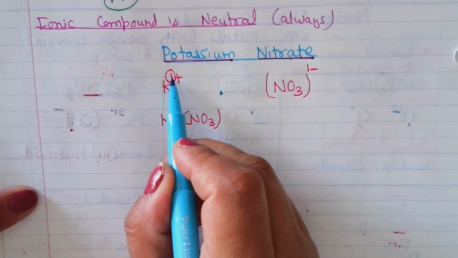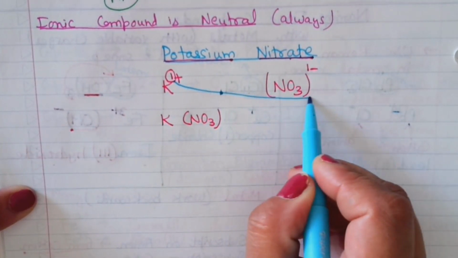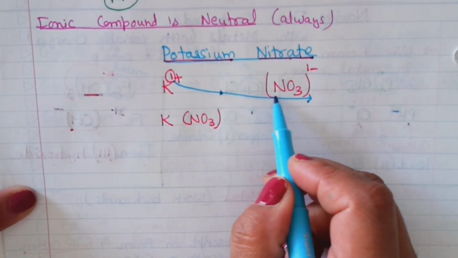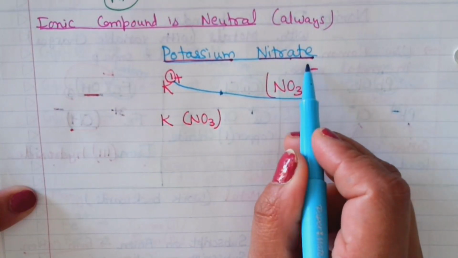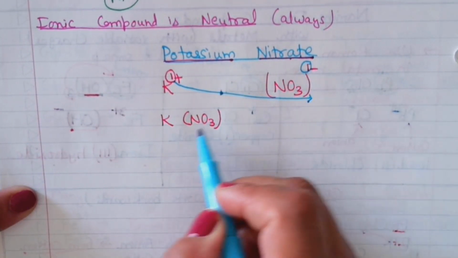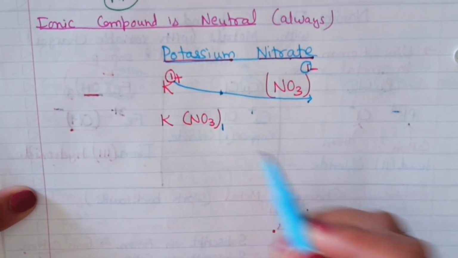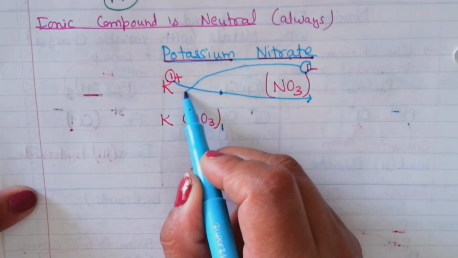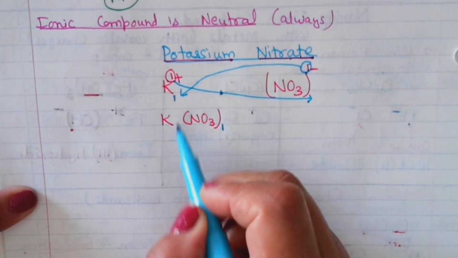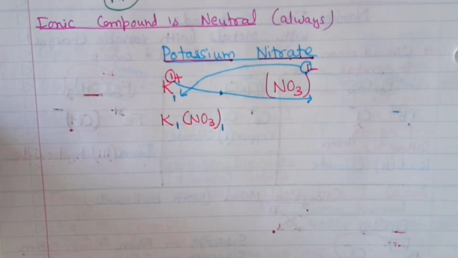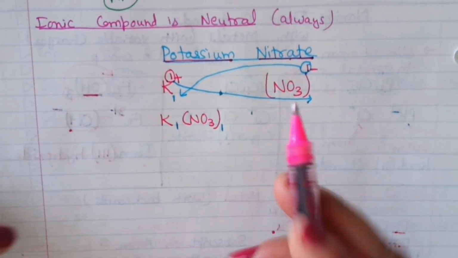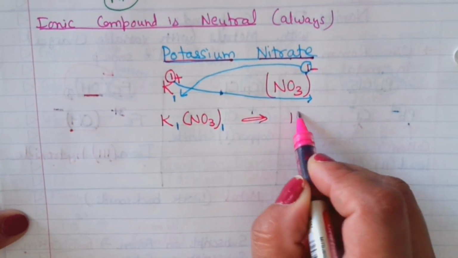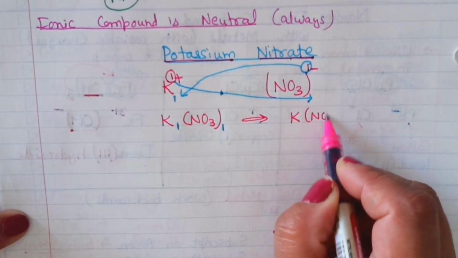Take the numerical value of the charge on the potassium and make it the subscript on the nitrate, so 1. Take the numerical value of the charge on the nitrate and make it the subscript here, so 1. So 1 and 1. We usually do not write 1, so our formula becomes KNO3,